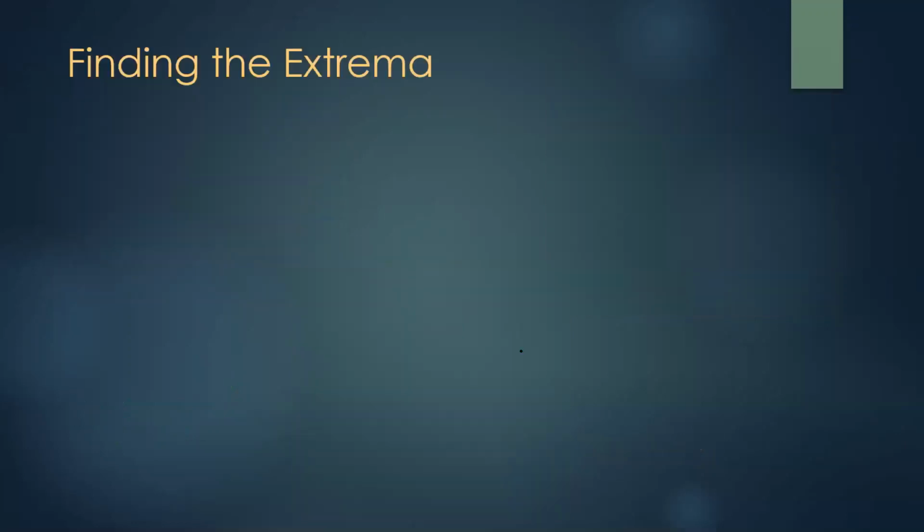So how to find the extreme point? The first thing is evidently, let's suppose we have a surface which is described by an explicit equation. So what we do is, of course, first of all, we find